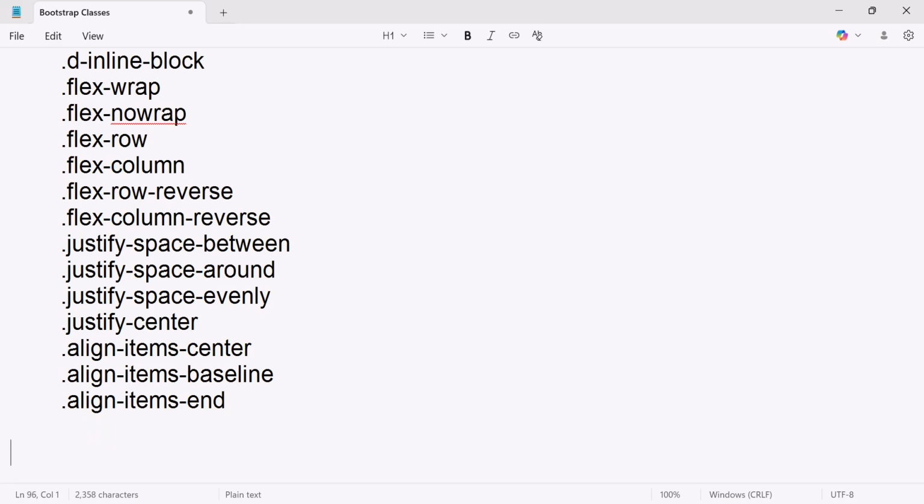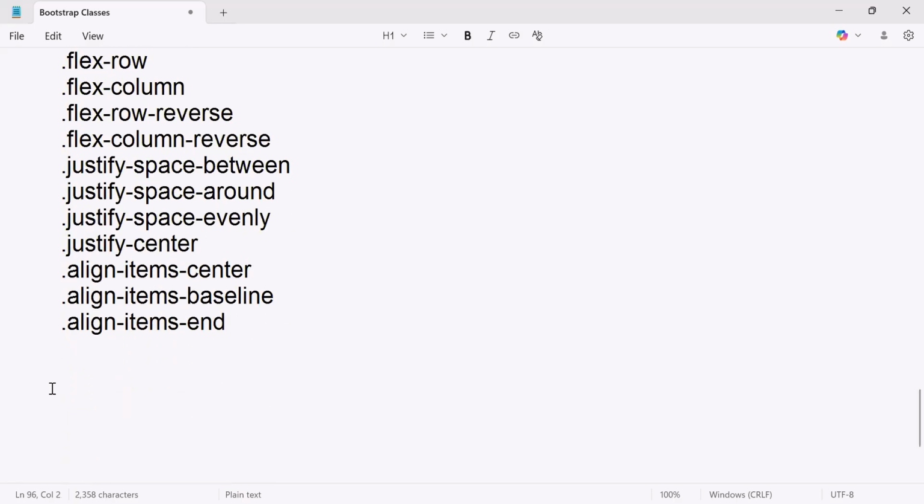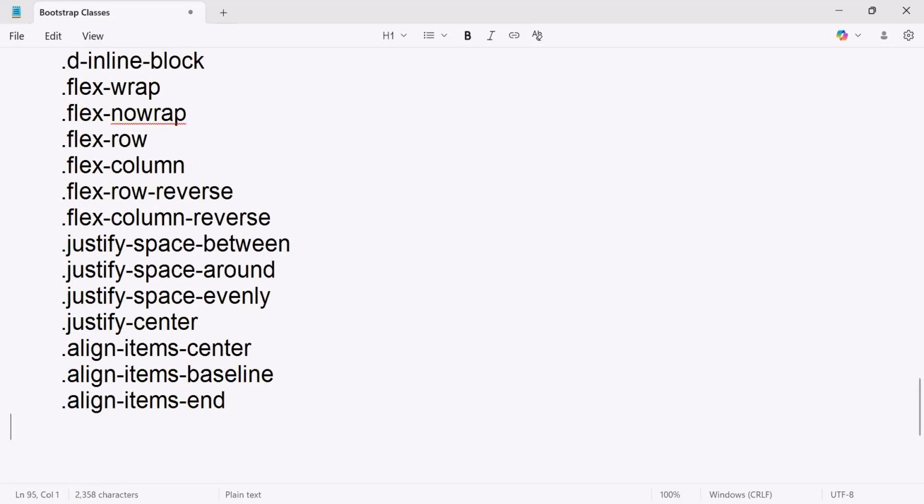Only the point is we don't have the concept of grid. Grid is different. For grid, they have other options. I will show you. For example, let's see, these are all display related classes. I will show you